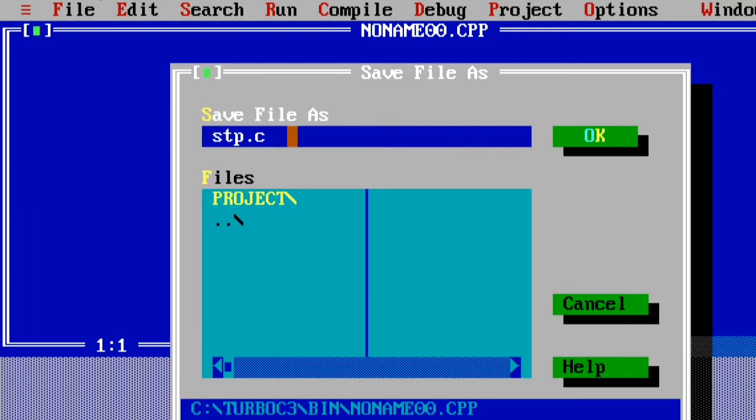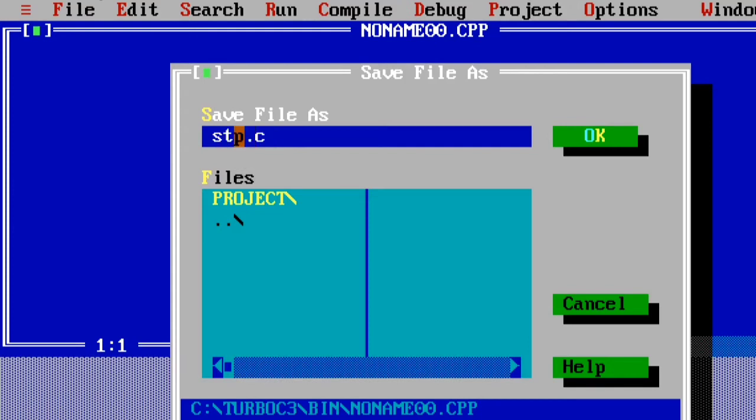This file name contains two parts. First one is primary name and the second one is extension name. Observe carefully, before the dot this part is called the primary name, after the dot this is called the extension name.